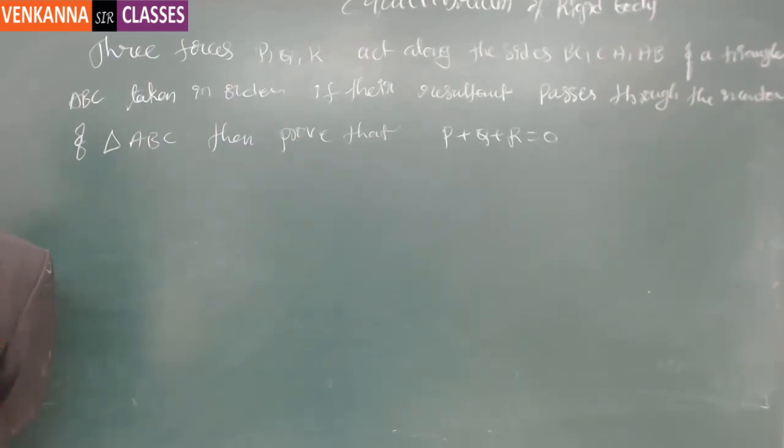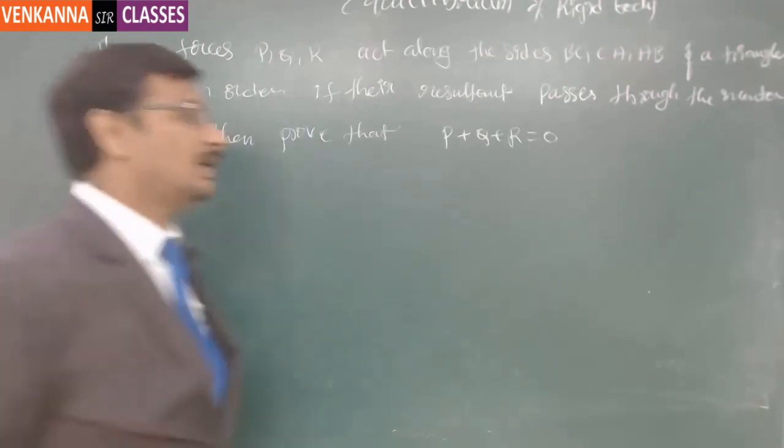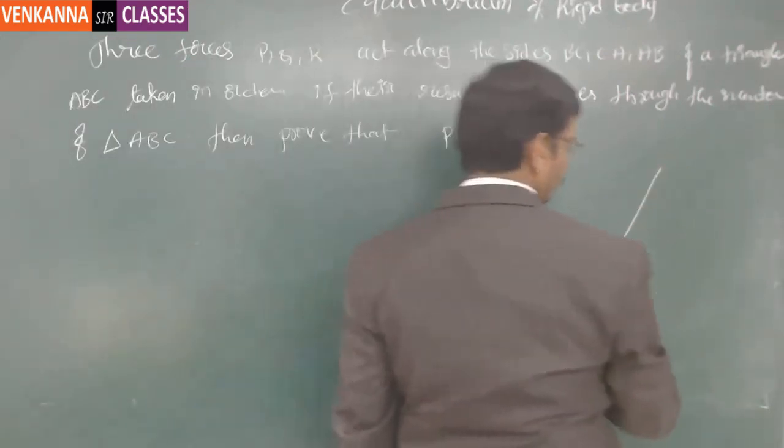Anybody got the answer for this? Three forces P, Q, R act along the sides BC, CA, AB of a triangle ABC taken in order. If the resultant passes through the incenter of triangle ABC, then prove that P plus Q plus R equal to 0. This is actually something you can straight away make out. So here actually